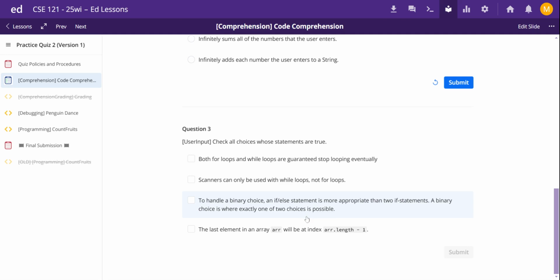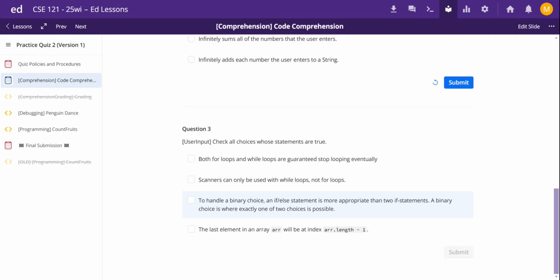So to handle a binary choice, an if-else statement is more appropriate than two if statements. A binary choice is where exactly one of two choices is possible. Yeah, so this one makes a little bit more sense to me because I know that if either one thing or another thing must happen, if the first one doesn't happen, the second one must happen, right?